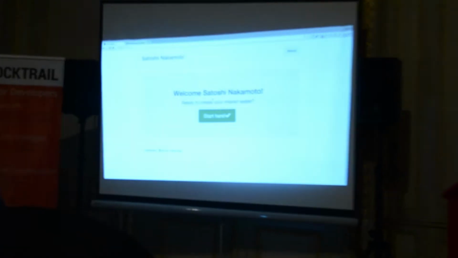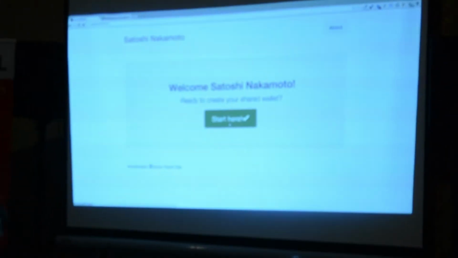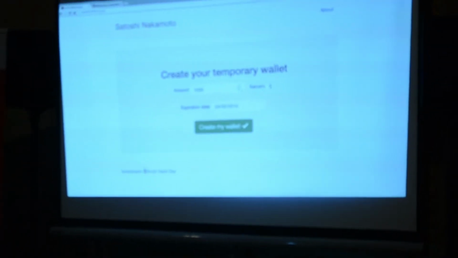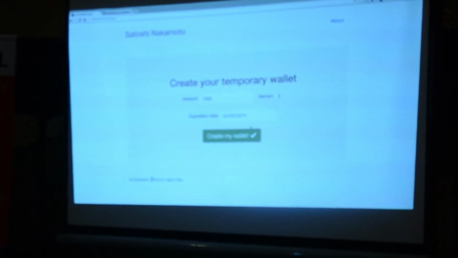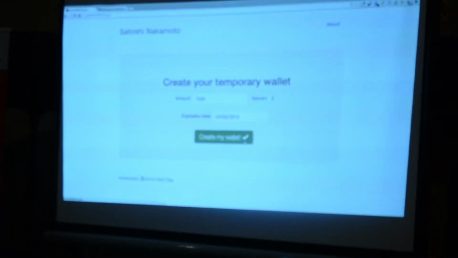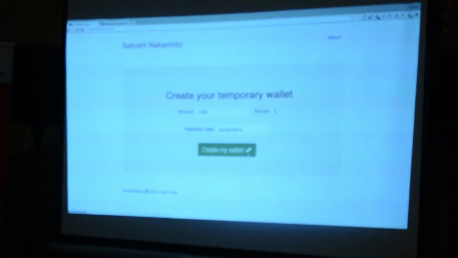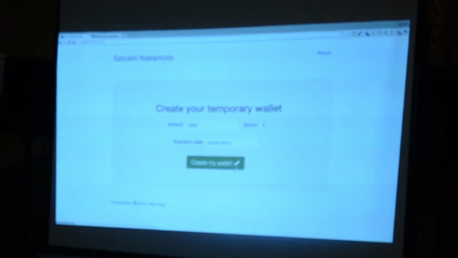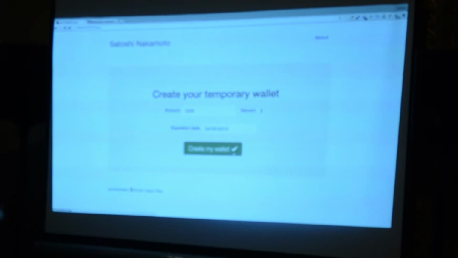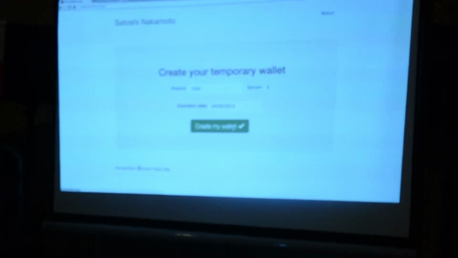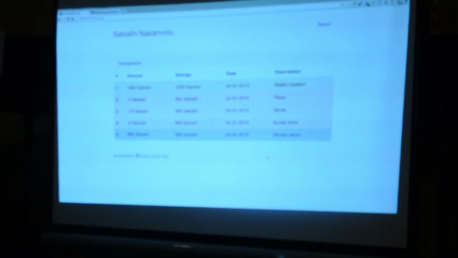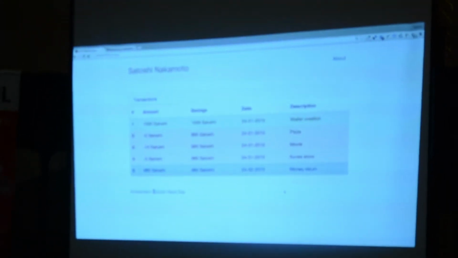The interface for the user will be like creating a wallet. Okay, so you put the amount here and you have an expiry date. Then that creates a kind of trusty wallet for the time being. So I'm going to rush into the next one, that's kind of the transaction list.